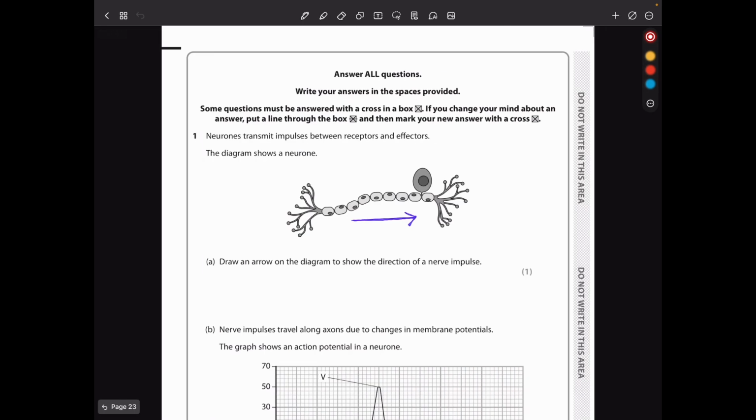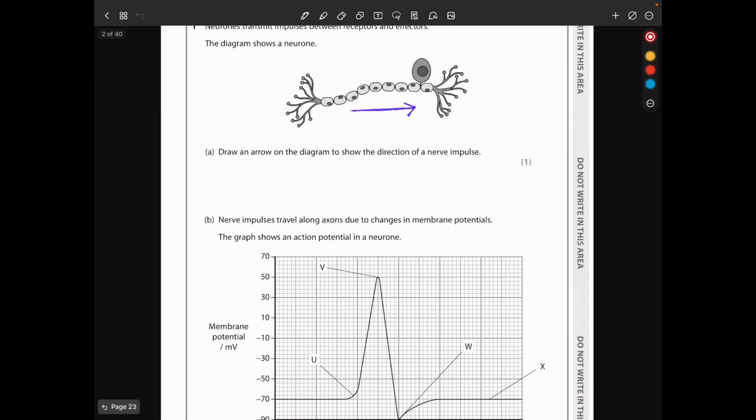In question 1, neurons transmit impulses between receptors and effectors. The diagram shows a neuron. This is a sensory neuron. They say draw an arrow on the diagram to show the direction of nerve impulse. So it's going in this direction. This is the cell body. For a sensory neuron, the cell body is to the side, so it goes in this direction towards the central